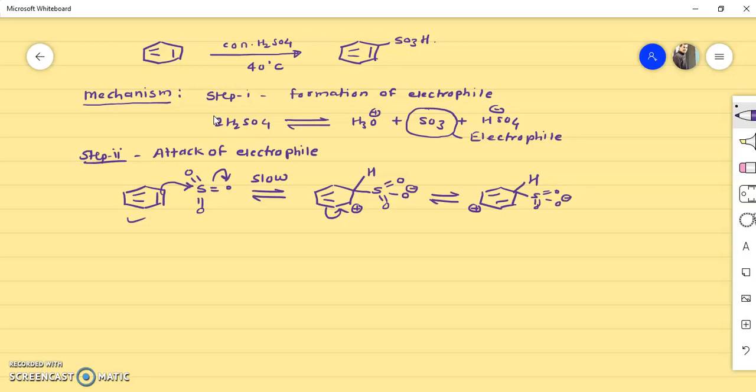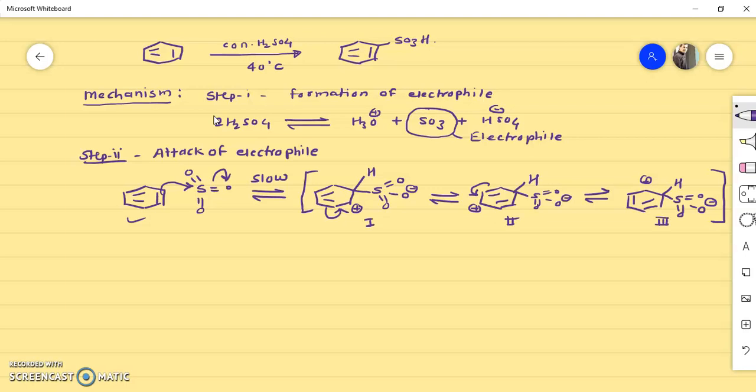Again, if this bond is shifted here, then again the positive charge will be distributed over another carbon atom in this way. Now here there is a positive charge, here is a double bond, here is a double bond, H and S double bond O, oxygen. So in this way this intermediate is resonance stabilized by these 3 structures, 1, 2 and 3,